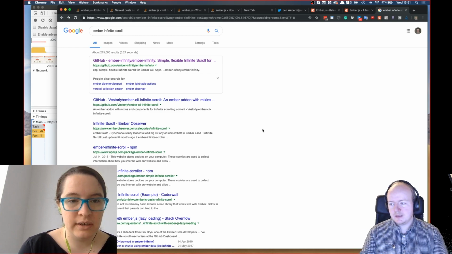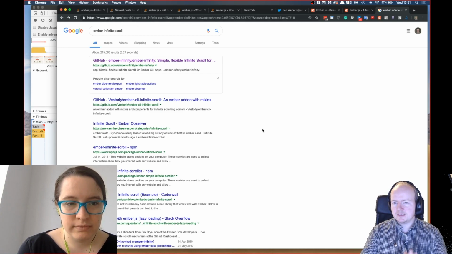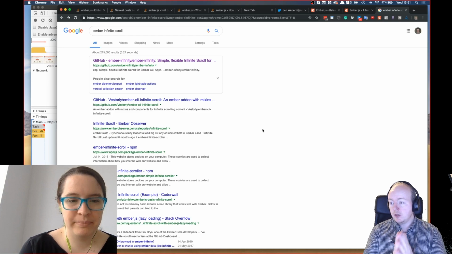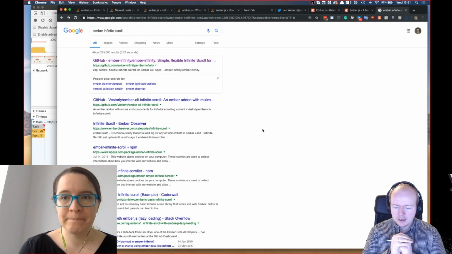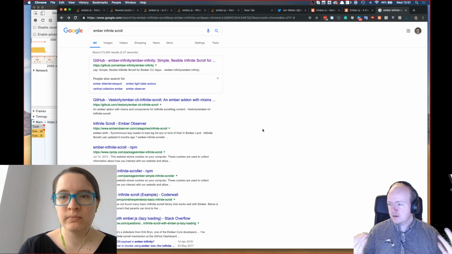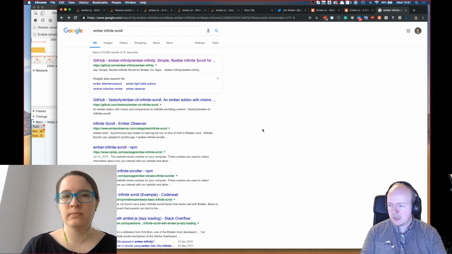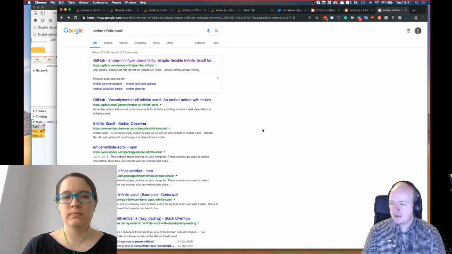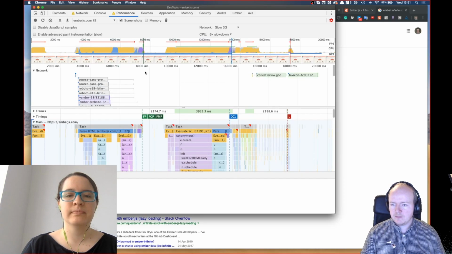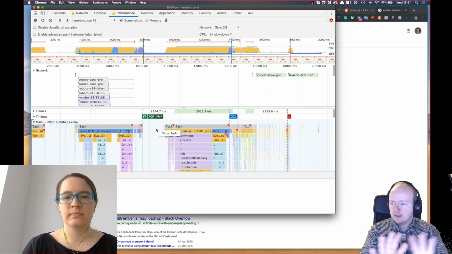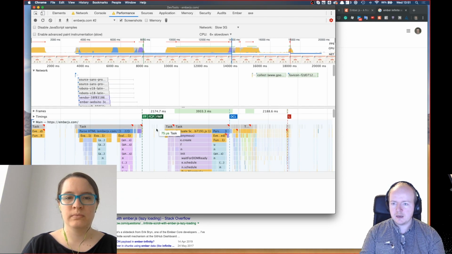Yeah, that's a very good point as well. This isn't a problem that's specific to Ember. Ember tends to do a lot of the app for you, but knowing where your slowdowns are is just general web development. And maybe in some cases with Ember, if you're just using it out of the box and you're not very familiar with it yet, it might be hard to know where each of those slowdowns actually are. But I think with a little bit of time and learning the DevTools performance profiler,